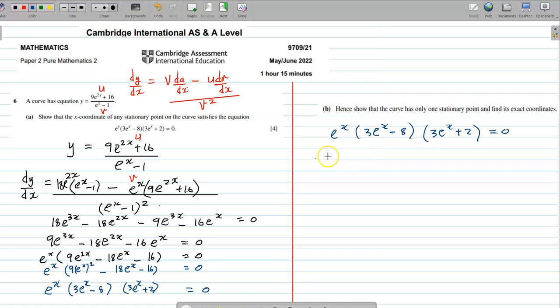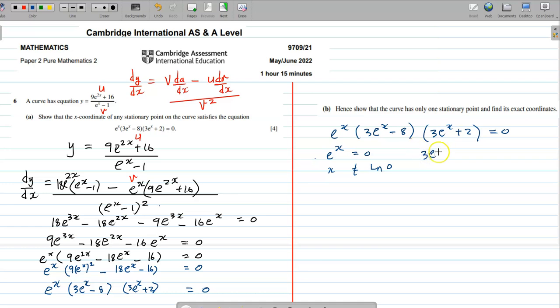So e to the x equals 0. If we solve for x here, we can't have the ln of 0. So x here would equal ln 0, which does not exist. So this is not a solution. This is impossible. Okay, then we have